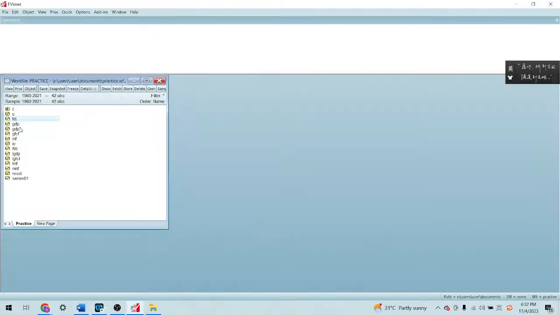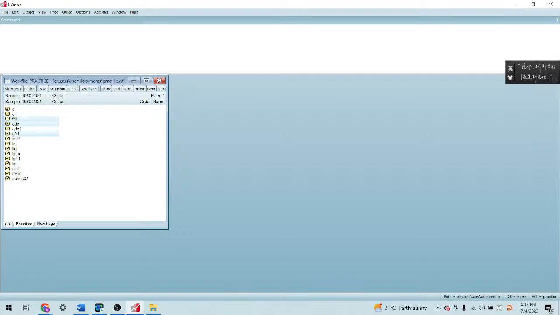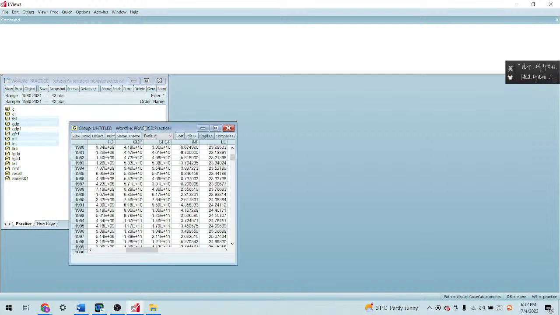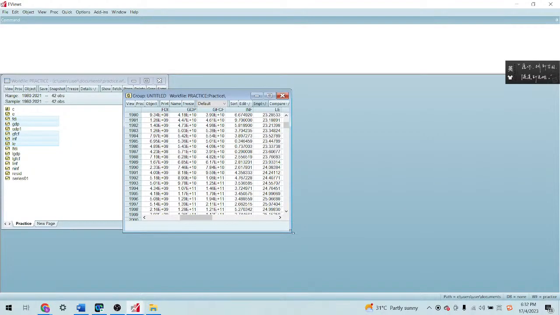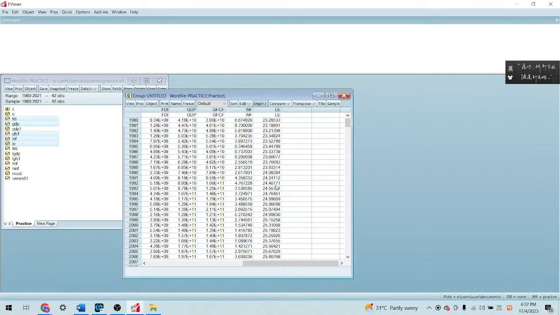What you need to do is transform. You need to practice again. That's why I would like you to practice. Transform all the raw data into logs, and do the estimation based on this. FDI as the dependent variable, and log GDP, log GFCF, log INF, and log LE as the independent variables.